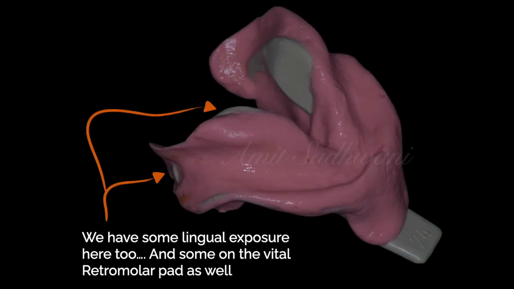Also, on the other side, the vital anatomical landmark which I discussed before, the retromolar pad, has been exposed. We also have some lingual exposure here, which signifies that your alginate has not completely covered the vestibules all over, typically the buccal and lingual posterior areas. So that's precisely the reason: once I am not able to record the vital structures well or mold them physiologically in alginate, we would need an additional step,